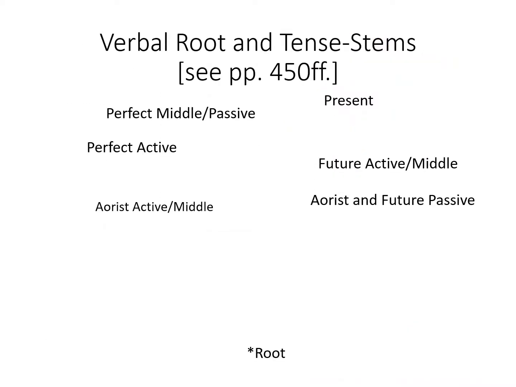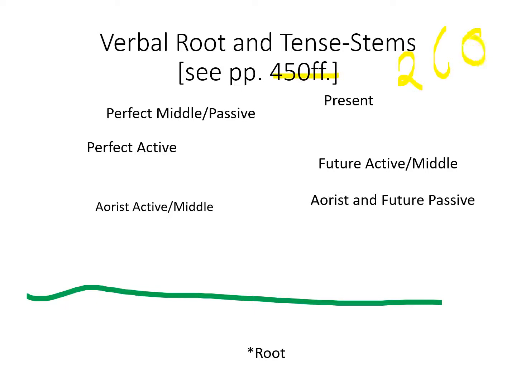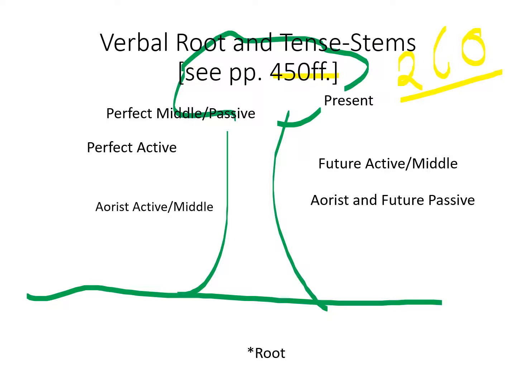We have thought repeatedly about the root-stem distinction, and I want to note again for you the importance of page 450, but also look at page 260. You may want to pause the screencast and just go there for a minute. Make sure your textbook is open to page 260. I want to note with you there about halfway through the page it says multiple stems, pattern 2. The reason there are multiple stems when we come up to building our tree is because there are multiple roots. And the reason for multiple stems, again,